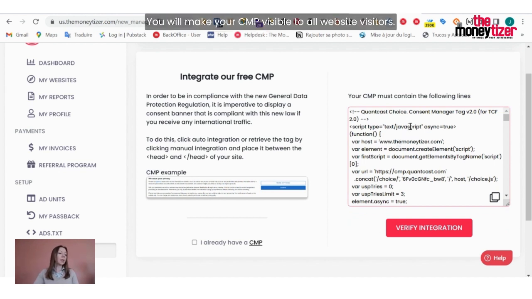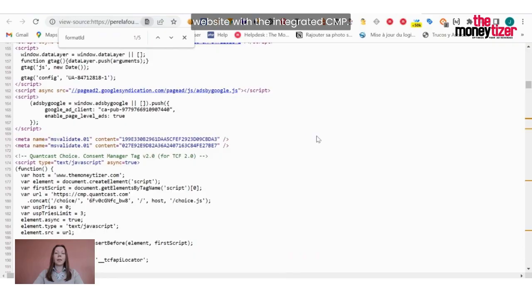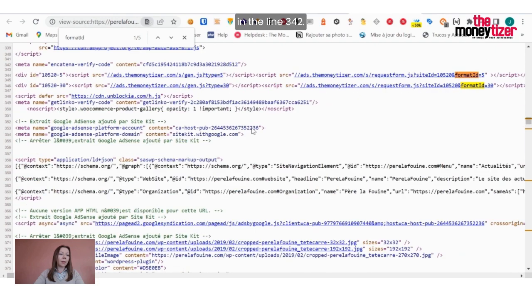You will make your CMP visible to all website visitors. Please note that the ad units tags need to be placed below the CMP tag. Let's have a look at the website with the integrated CMP. Here, the CMP is implemented in the head section, line 173, and the Monetizer ad units tags are placed below in the line